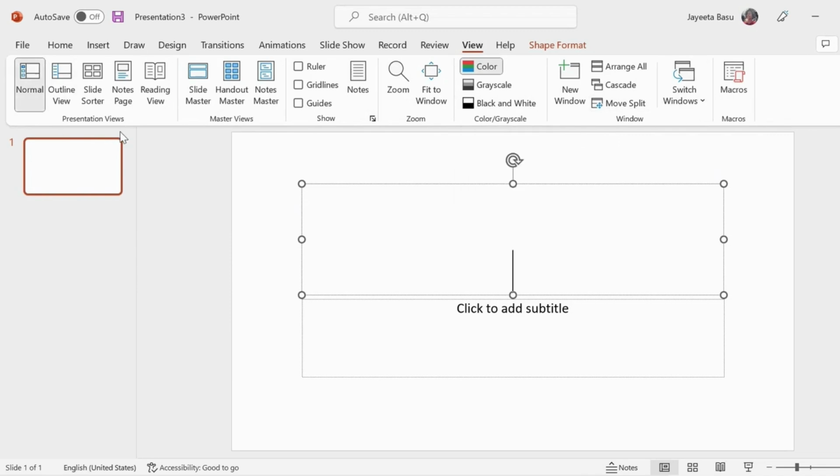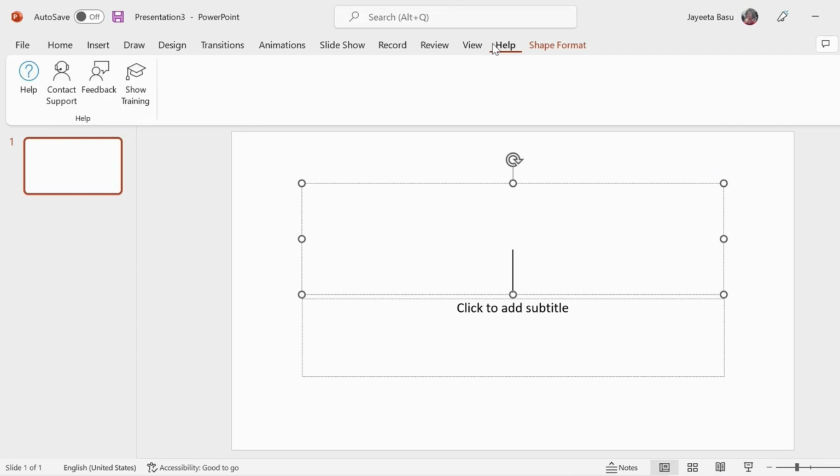So this view is very important, and in the next session we will be learning about view. But there are different views you can use to check your presentation and know how it looks when you're presenting it in a certain format. And then you have the help, where you can contact support, provide your feedback, and even learn more tools and